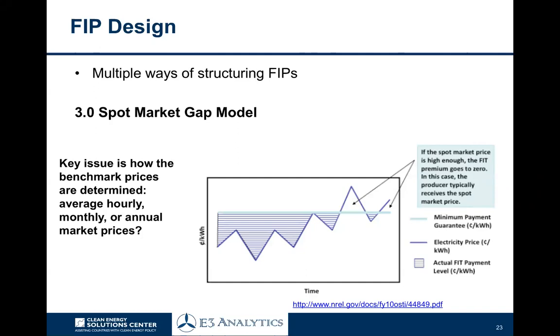Now, an important nuance there regarding costs, it's difficult to separate the causality in many cases. Wind and solar power tend to produce when it's sunny and when it's windy, which can have very direct and very real effects on wholesale market prices themselves if there's enough wind and solar installed capacity in the system. So in some sense, wind and solar projects can contribute, and we've seen evidence of this throughout jurisdictions around the world. They contribute to actually